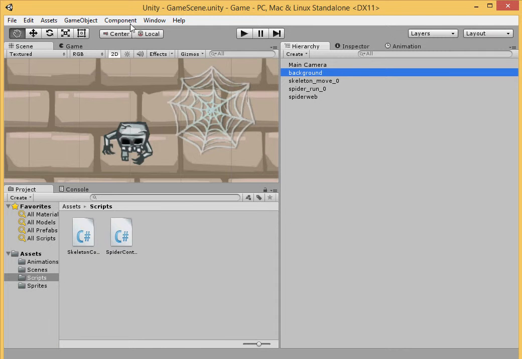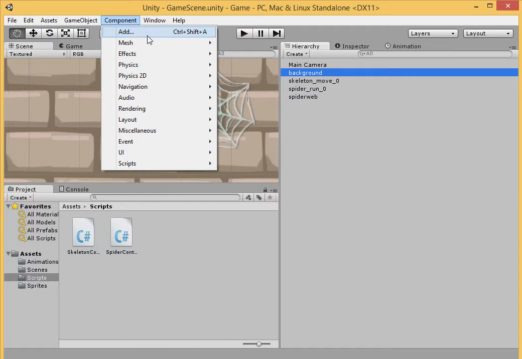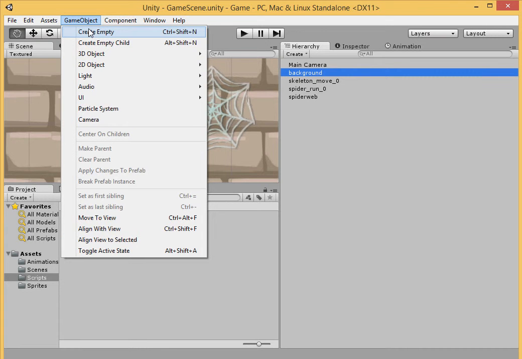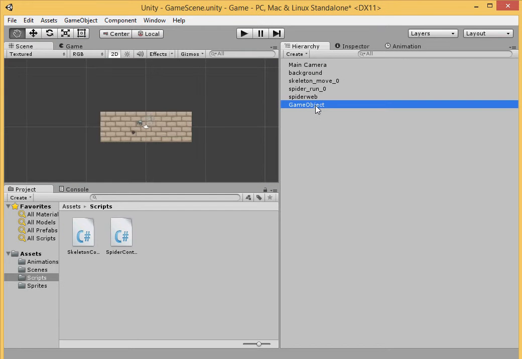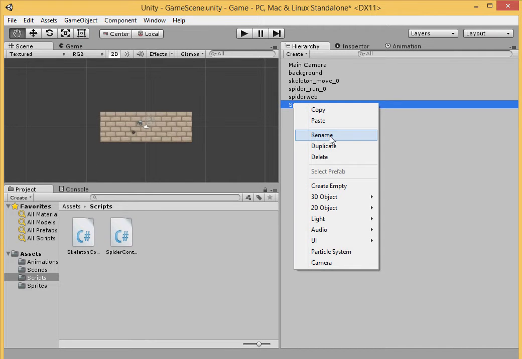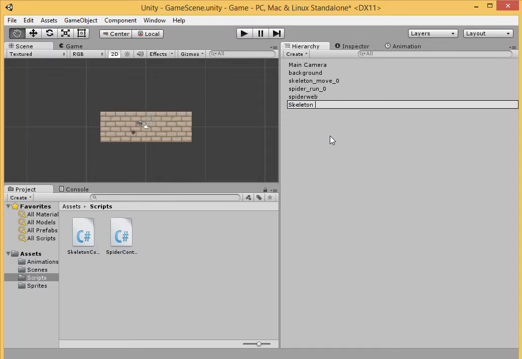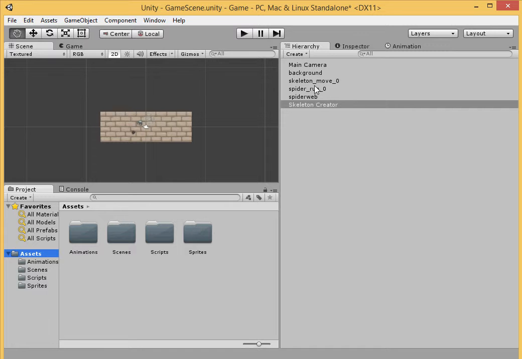we're going to go to GameObject and create an empty GameObject, and we're going to name it skeleton creator. Skeleton creator. Okay. Now in our assets, we are going to drag our skeleton over